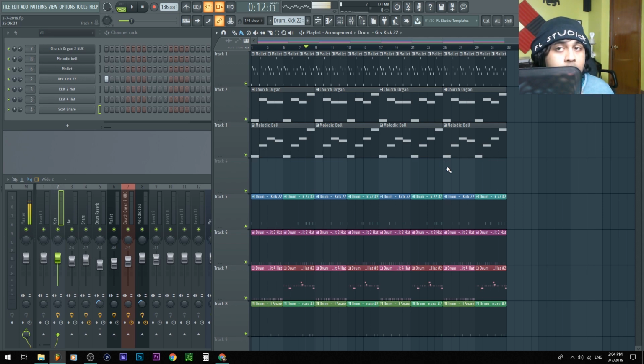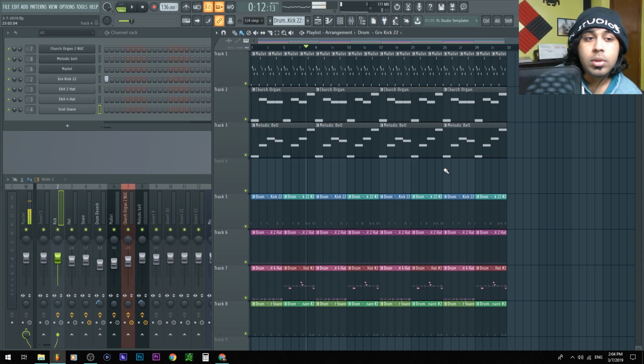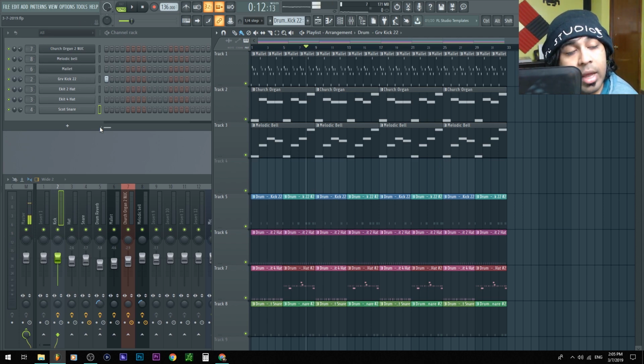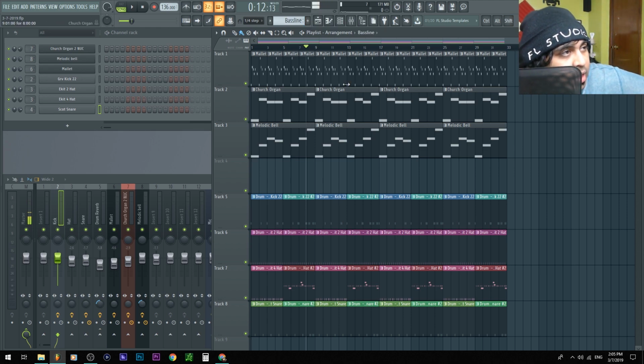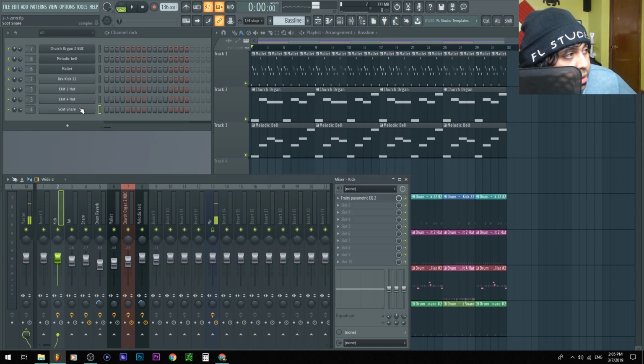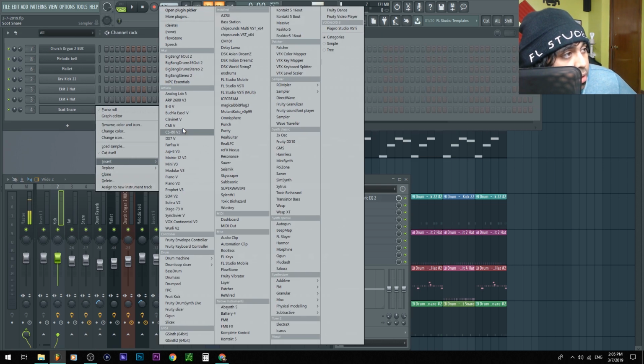I forgot about one more thing in regards to the drums, which we'll do real quick, and that is an 808 or a bass line. That's the fun stuff. So let's go ahead and press plus, bass. Now bass, we can use an oscillator sound, or if we have an 808 bass sound we want to use and complement the kick with it, we could do that. I'm gonna use an oscillator because I like oscillators. Right click, insert oscillator.